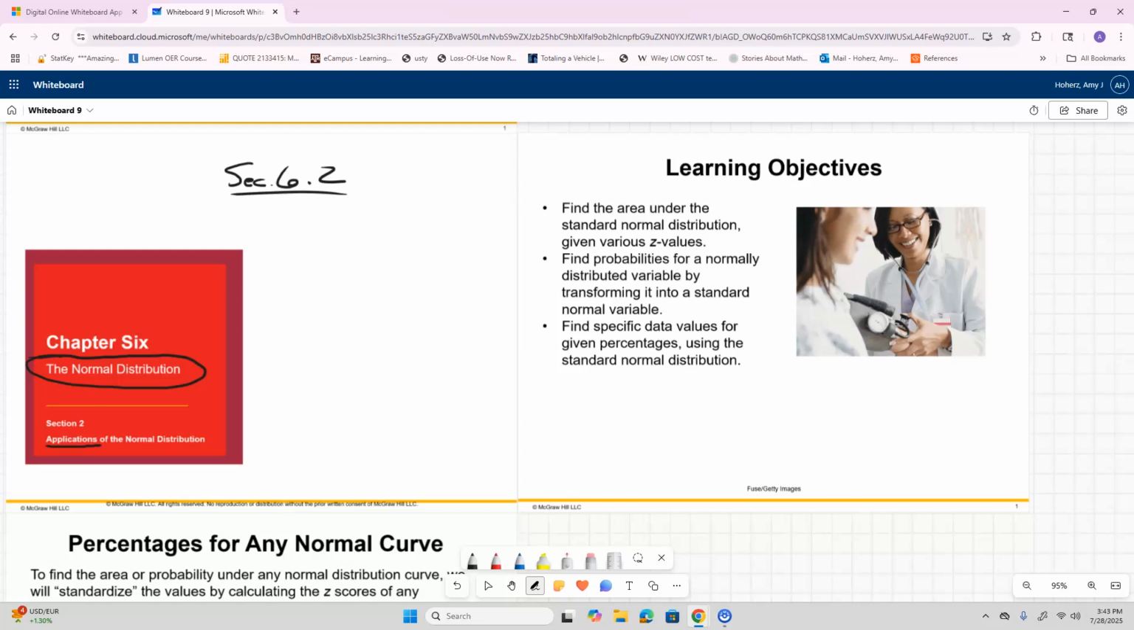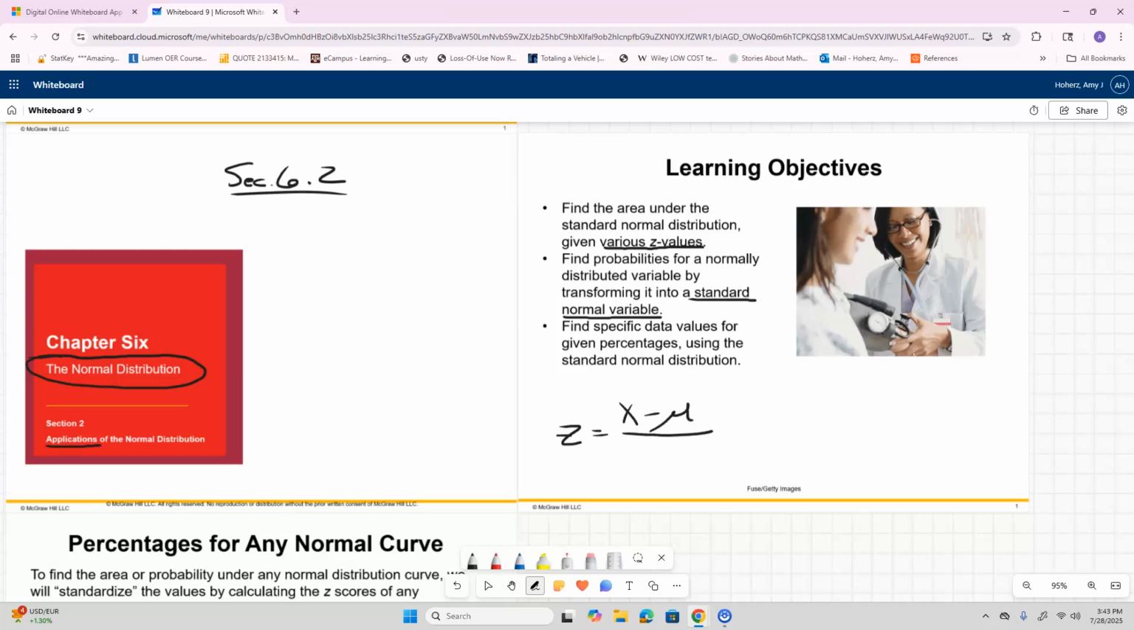So for the learning objectives for section 6.2, we want to learn to find the area under the standard normal distribution given various z-values. Now we really actually already did that in section 6.1, but we're going to continue doing that. Also find the probabilities for a normally distributed variable by transforming it into a standard normal variable. So in the last section, we were given the z-values and then we used those to go to the chart and find our information. In this section, we're going to be given the x, and we're going to have to use our z formula